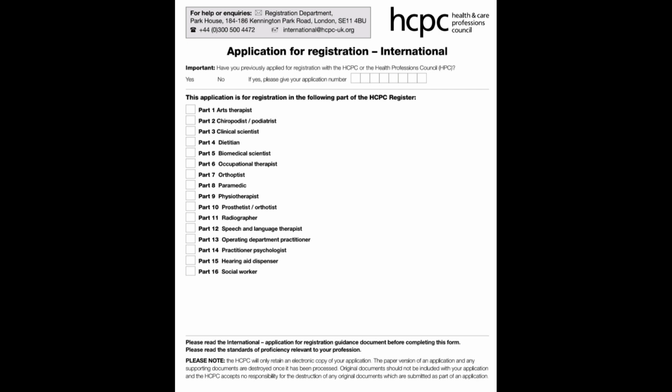Around 15 specialties are given, and for the specialty you are applying for, you just put a tick mark in the relevant box. For example, if you are applying for the post of dietitian, then put a tick mark in part 4, and if you are applying for the post of radiographer, then just put a tick mark in part 11.